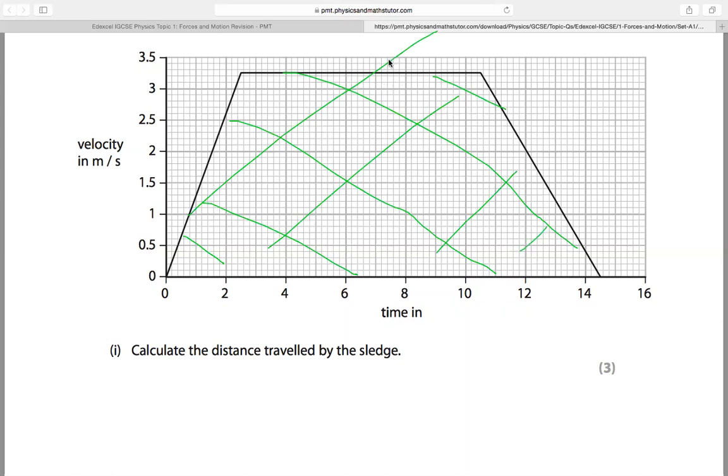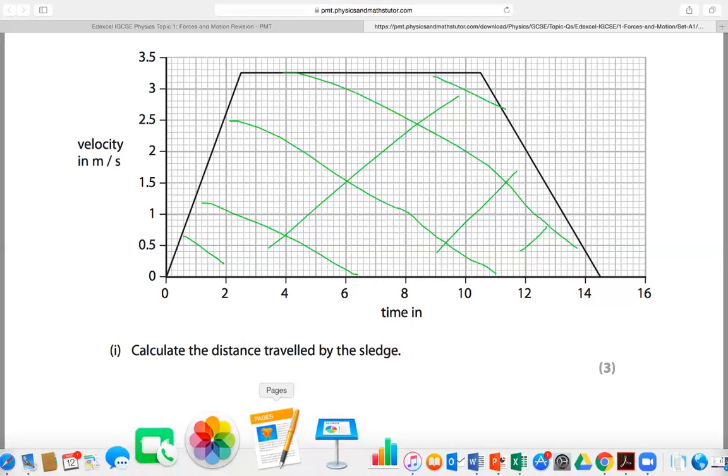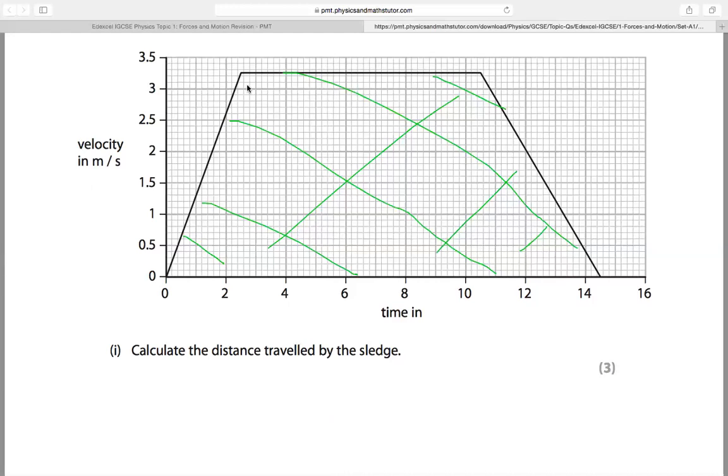Is there a way to do it? Do we take our ruler and find the measurements? So what you do is, again, like maths. The easiest way to do this is,